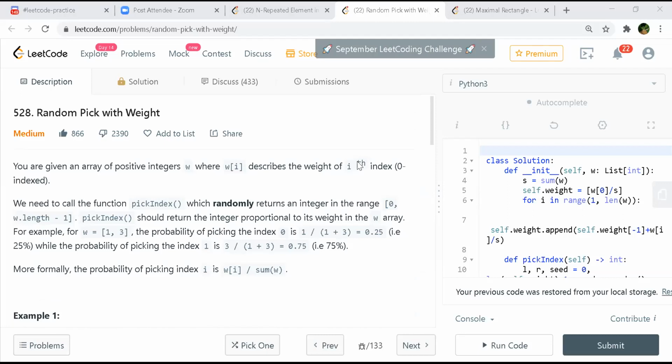The probability of picking an index i is W_i divided by the sum of W. That is what I was saying. Since 10 raised to 5, we have so many numbers, and if you divide by that huge number you might get a big float or double value. But this given formula calculates that particular number divided by the sum total of all the numbers. Okay, we don't have to do that, right?